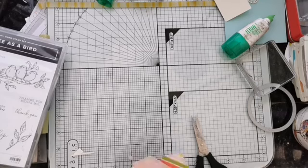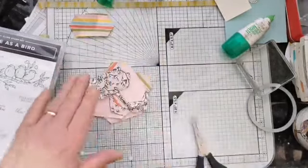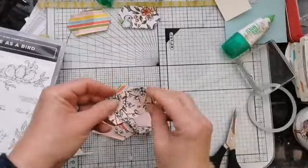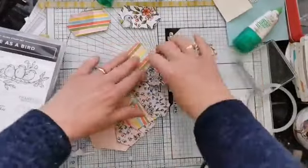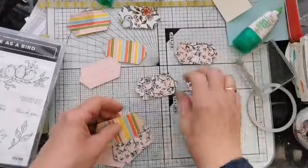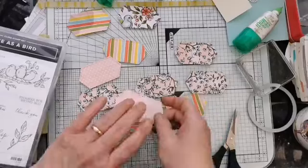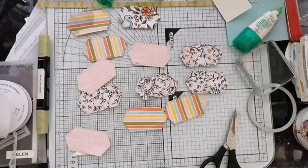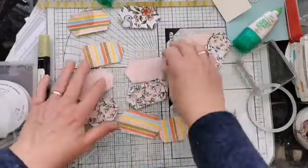That's because I brought my Simply Chamois in from the kitchen, and it's obviously dripped onto those ones. So what I did do was, prior to going live, I took some of the papers, and I've actually got 3 pieces of DSP stacked on top of each other, so it didn't take me too long to cut these out, because I was able to cut 3 of these stitch shapes at any one run through